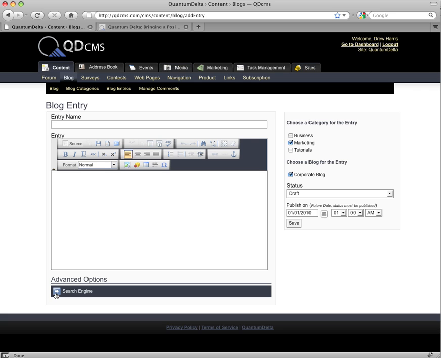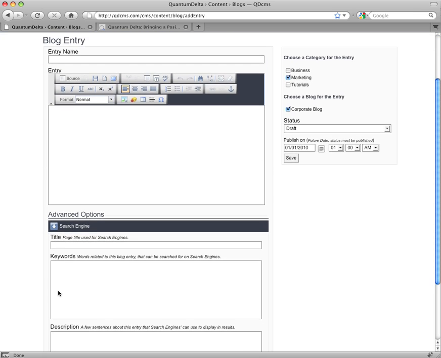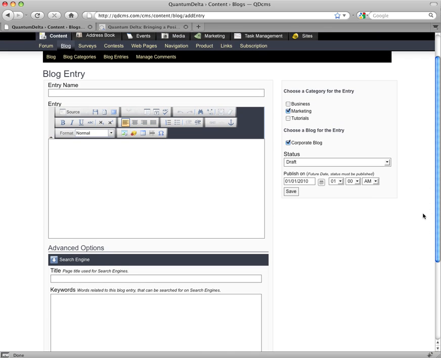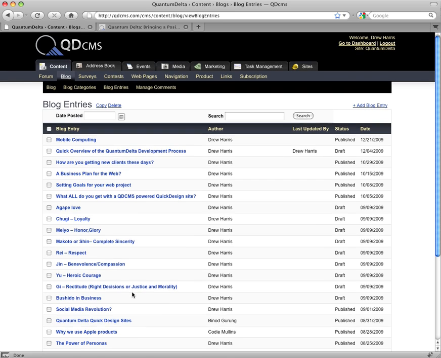Down at the bottom, underneath the entry, we have advanced options. In the search engine drop-down, we can see that we can specify a title, keywords, and a description for this blog entry. Now instead of actually adding a blog entry, let's go into blog entries and click on one to